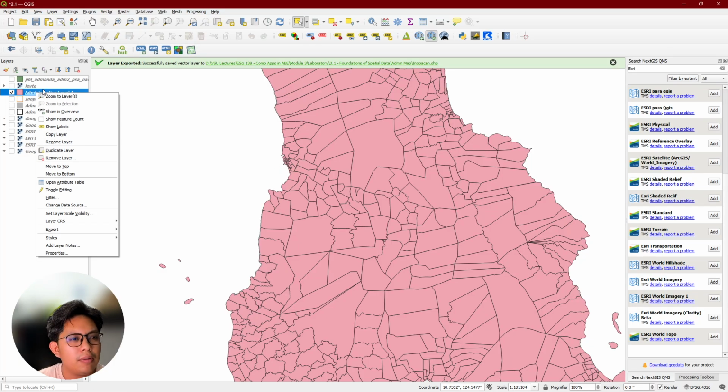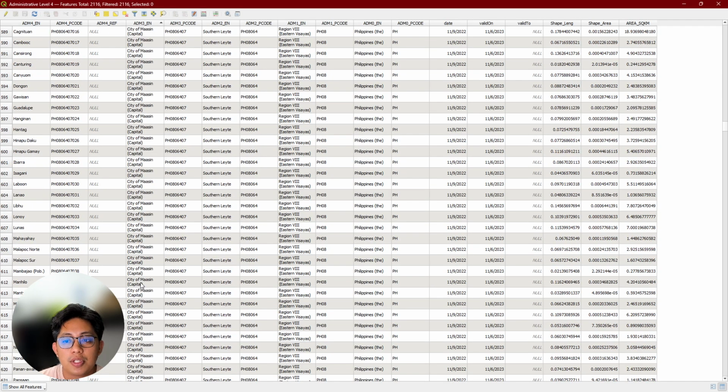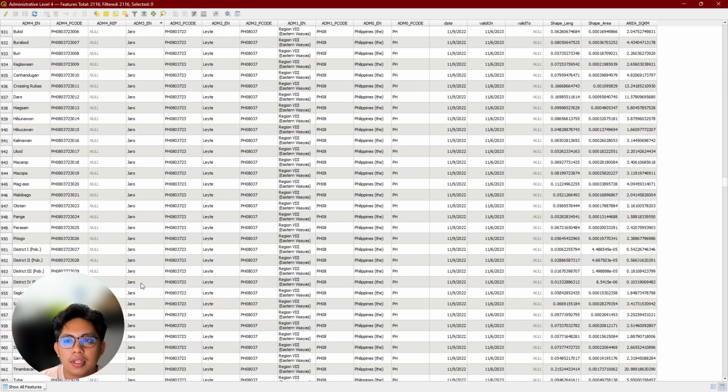So now it's hard to find that area. So I go to attribute table. So I know that Inupakan is level 3 here. By clicking up or down, I'm gonna sort this in alphabetical order. I'm just gonna focus on Inupakan.